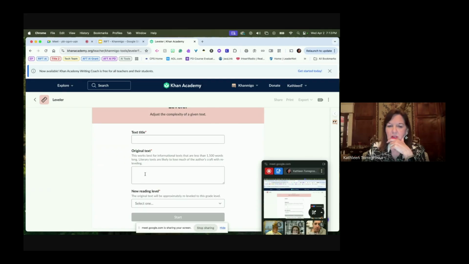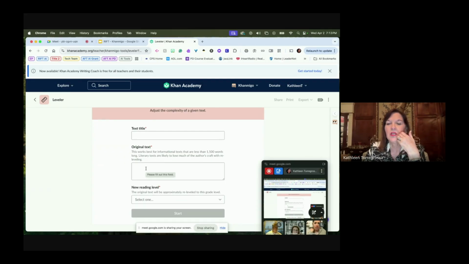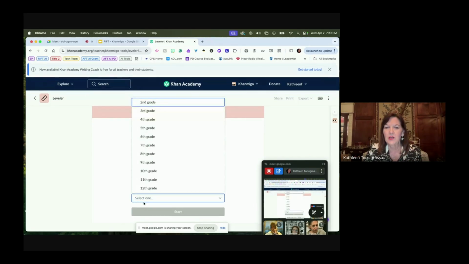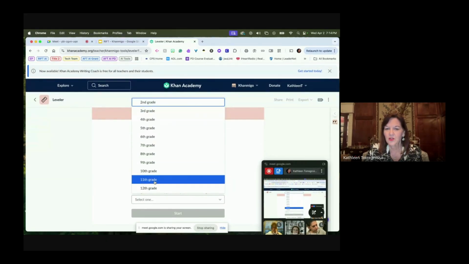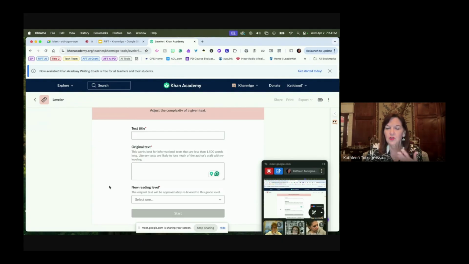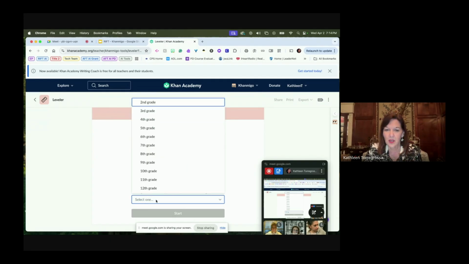I can take an original text. What I tend to do is go into the digital curriculum. Most of us now have digital curriculums. Go into your digital curriculum. Don't necessarily take an entire story, but take a passage out of a story, copy and paste it, and put it in the original text here. Give it the same title as the story from your text. Paste the text here, and then you select the reading level. So you can see here, I can go all the way down to 2nd grade. I can also go all the way up to 12th grade. Now for my 1st graders, this didn't work because it doesn't go down low enough. But again, you select your reading level.